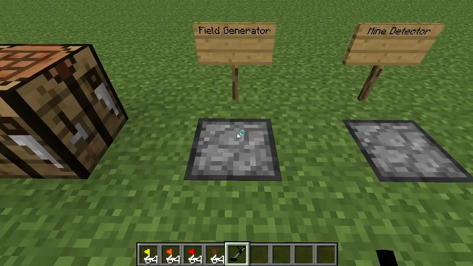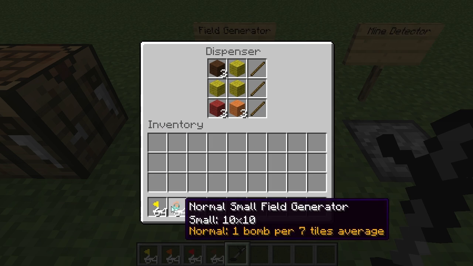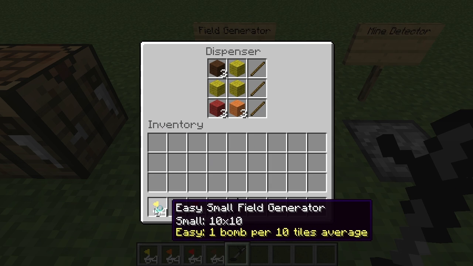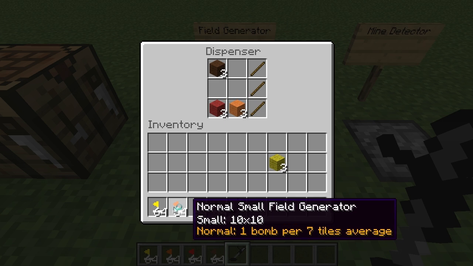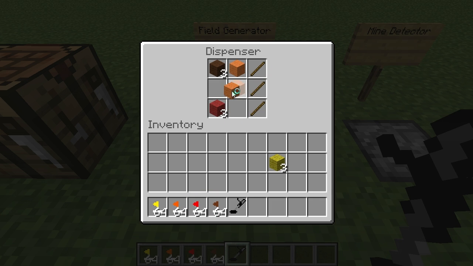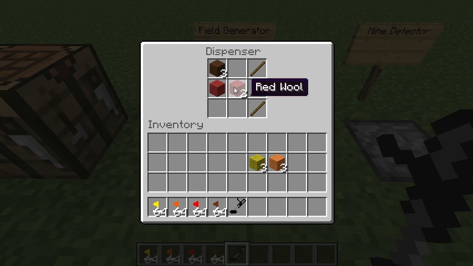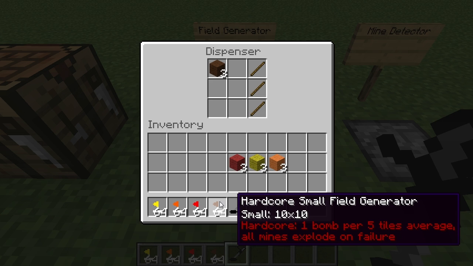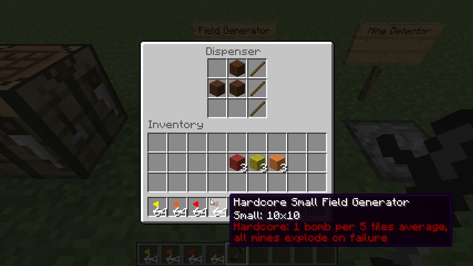They're pretty simple. So starting off, you can create a couple different types of minefield generators. You can start out with the easy, which is 3 yellow wool, placed like that. After that you have the normal, which is 3 orange, placed as so. Then we have the hard, which is placed with 3 red. And then you have hardcore, which is placed with 3 brown, like that, and boom,